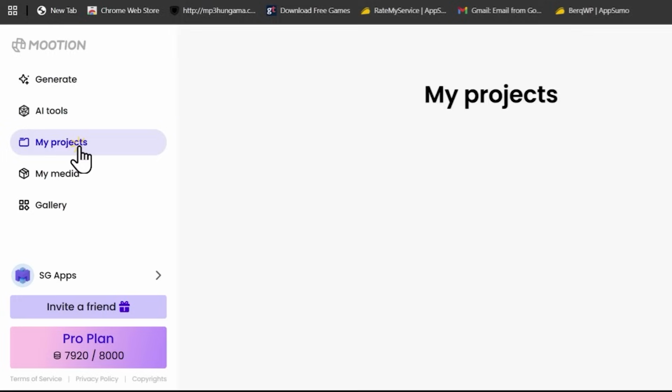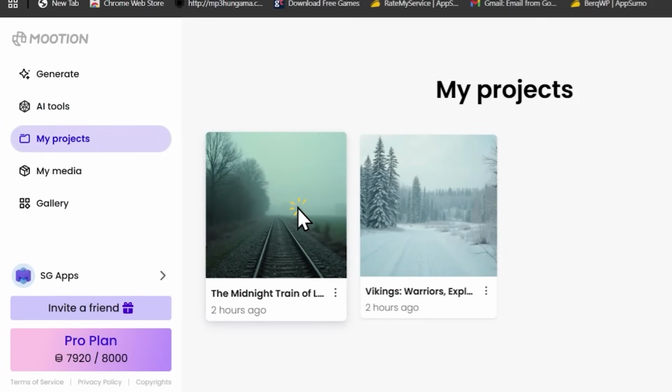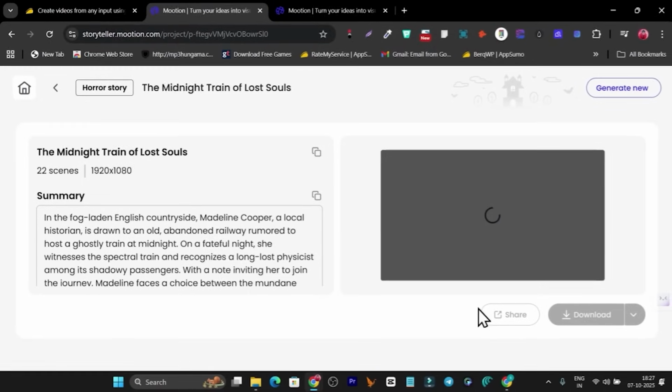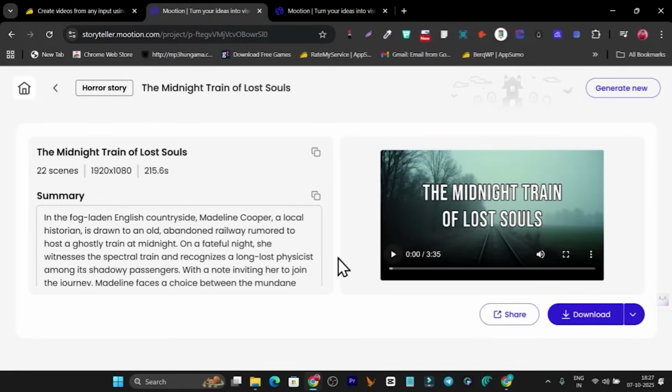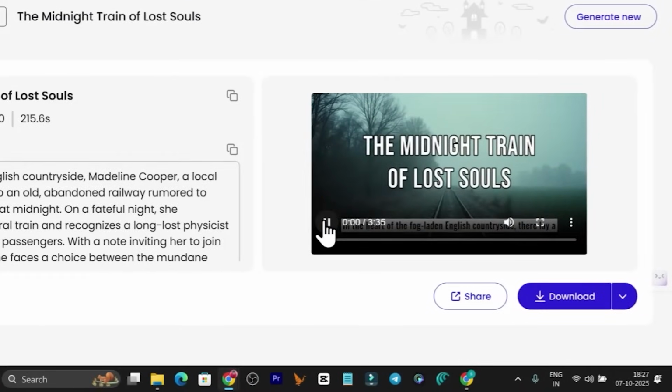Based on that, you can use its AI video generator technology to generate the videos. And not only that, you can just generate the videos, but you can also edit them. For example, I have just generated this video here, and if I play this video,